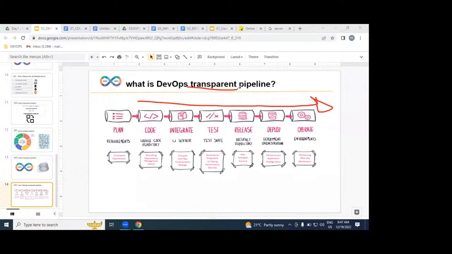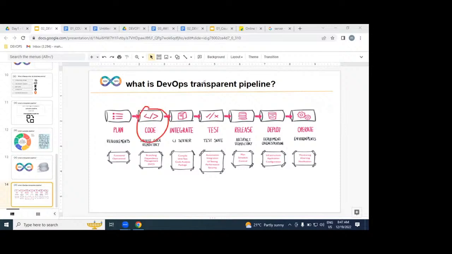To make it faster, to increase the quality, and to decrease the cost. That is the purpose of implementing our DevOps process from the dev environment to operations. So let us understand this DevOps process stage by stage, and what our roles and responsibilities are in each and every stage.